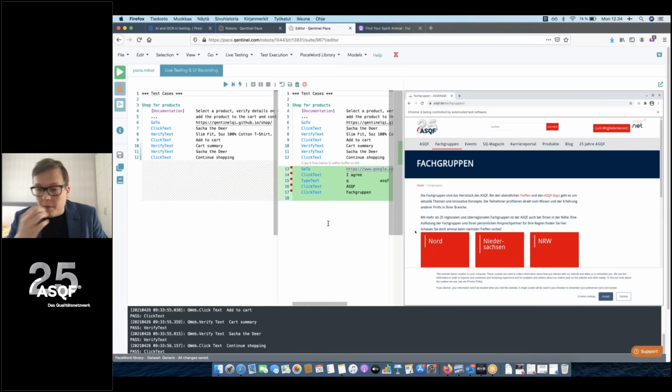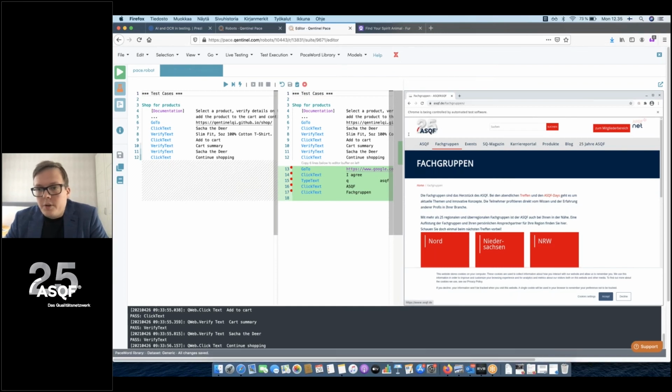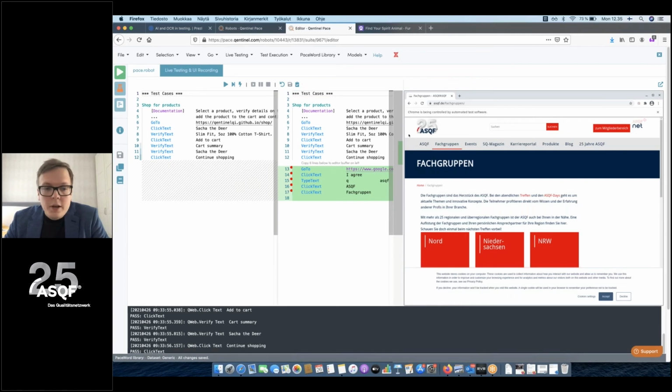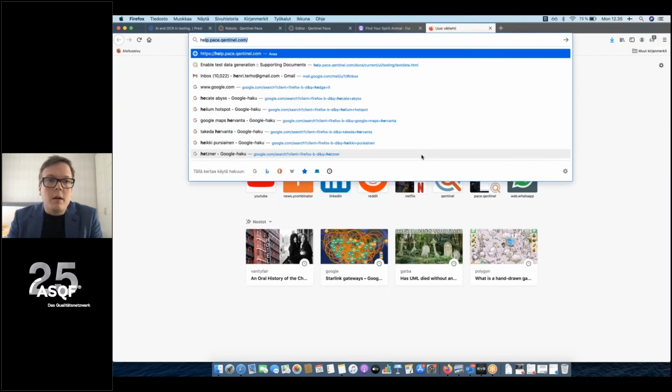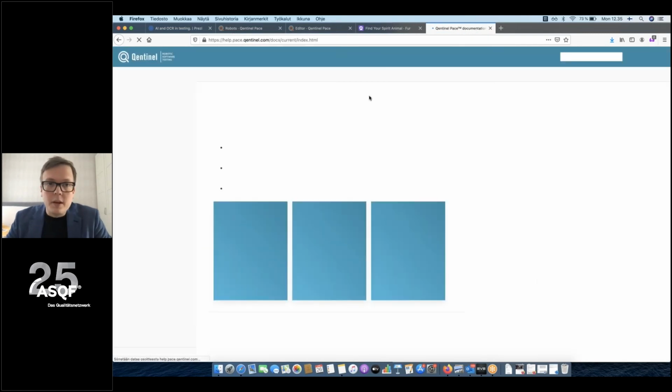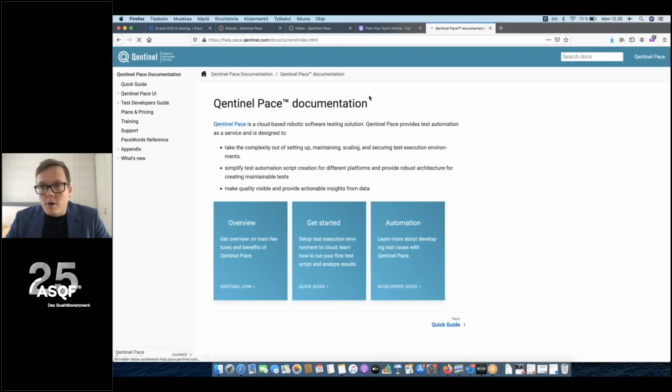We can, I should have prepared a demo for that actually. It's visible on the demos on what we have on YouTube, but I don't have any kind of nice reference demo to do for you for now. But basically the idea is the same, that you can drag one of these icons and look for a certain image or a certain bitmap from the web page. And if you get a close enough match, there's some sensible defaults in there that helps you do all of that. And you can also check all of this information about the visual testing from our help pages.